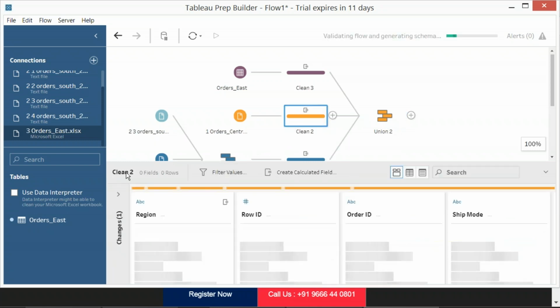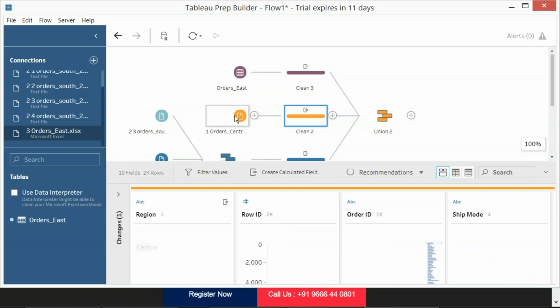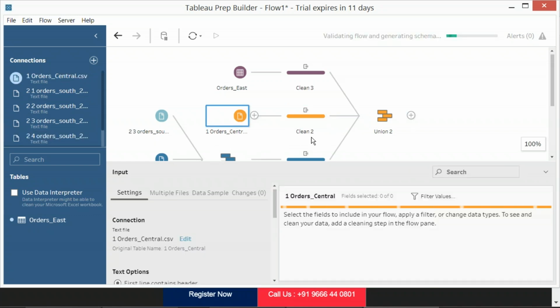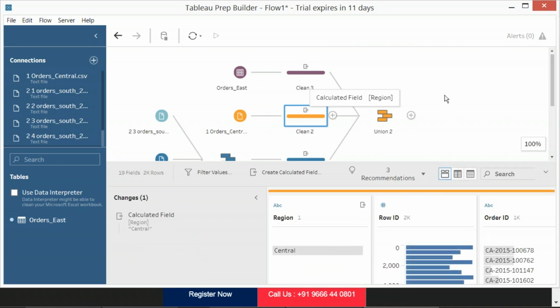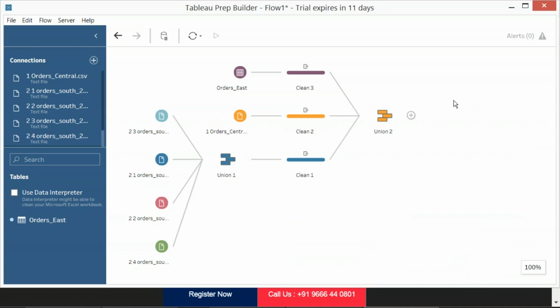For example, clean step, or here is the input pane, step pane. Click anywhere outside the white space and we would get a better view of the flow pane. It becomes bigger. Now we have south data, union with central and east data after relevant cleanups, and you got the union ready.